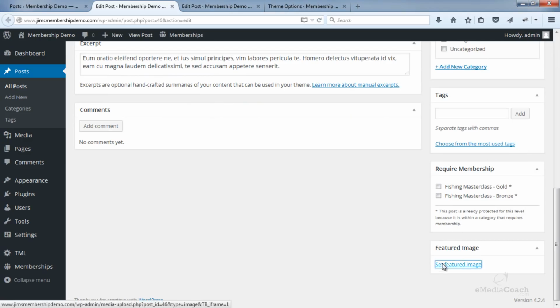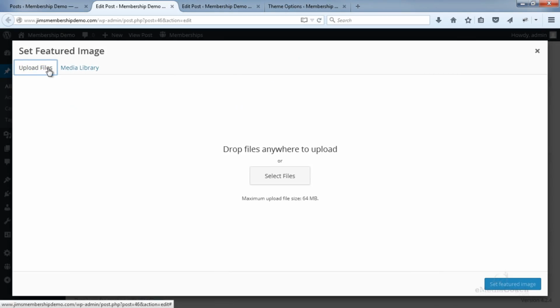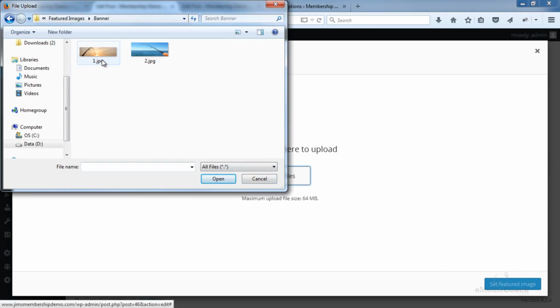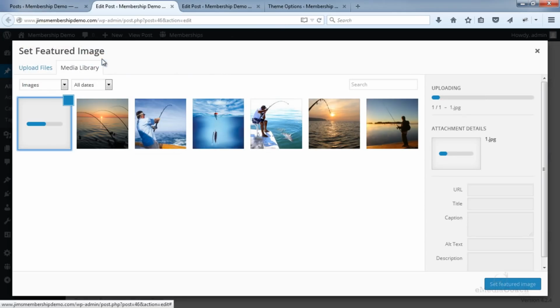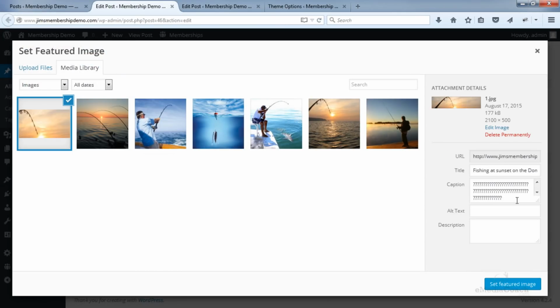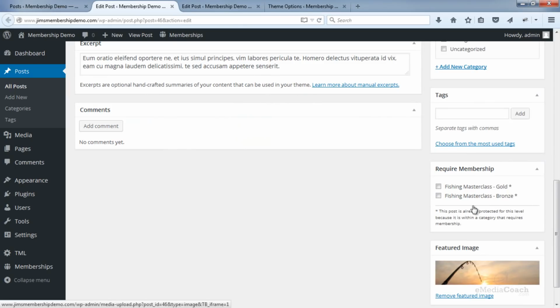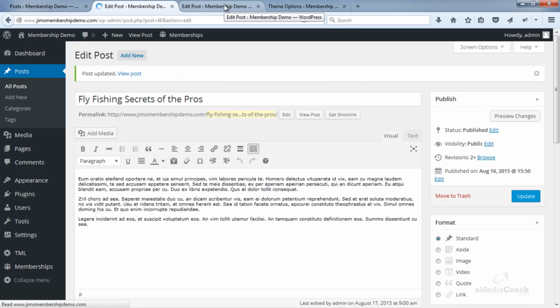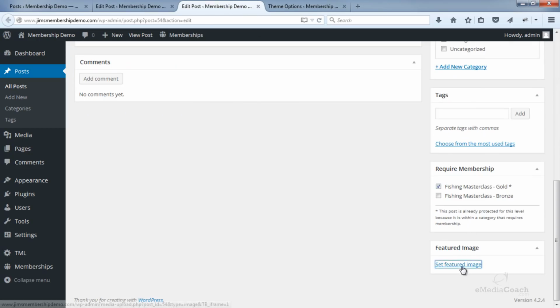I need to go into the featured image and upload the images that I've cropped to about 500 pixels tall. And I'll upload them as the featured images for these particular blog posts. So that's one done. Update. And now the second one.